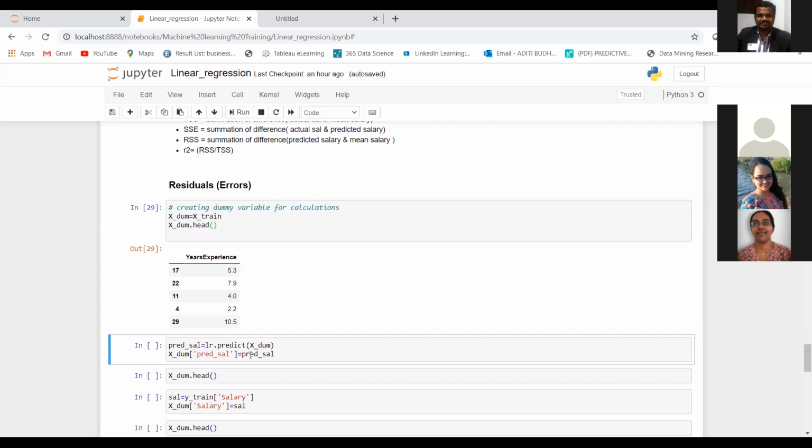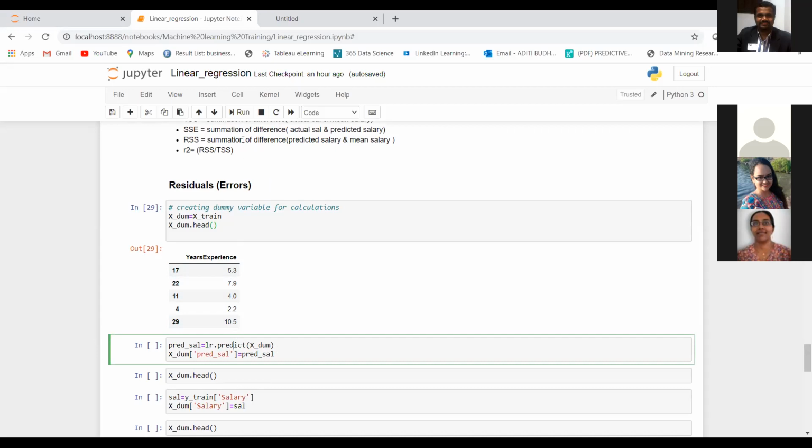Now you see we had predicted salaries for these, so we can do it over here also. LR.predict will give you the predictions for these values of X. For each value of X, it will put that value in our regression equation and get our value of Y. This is how the model will calculate.